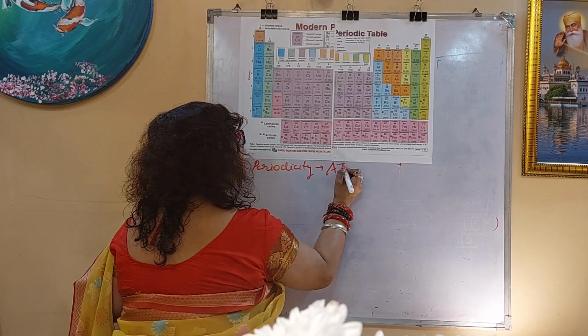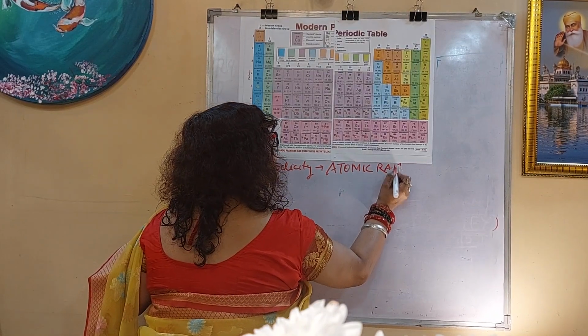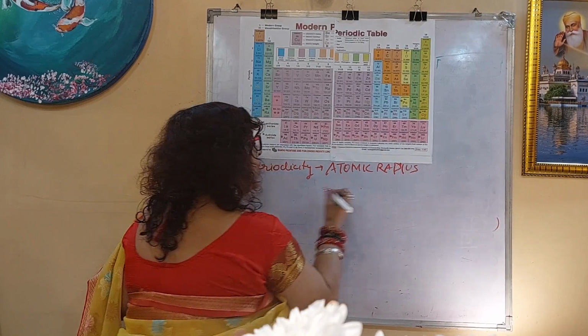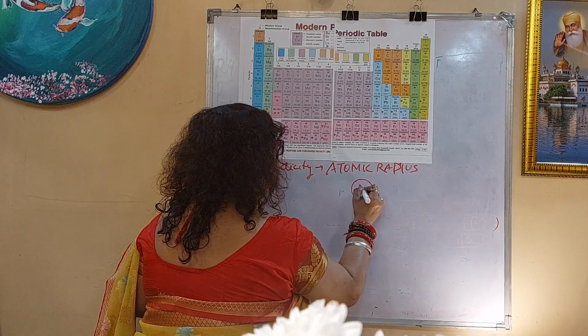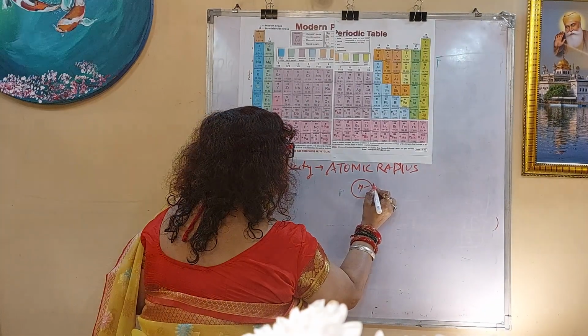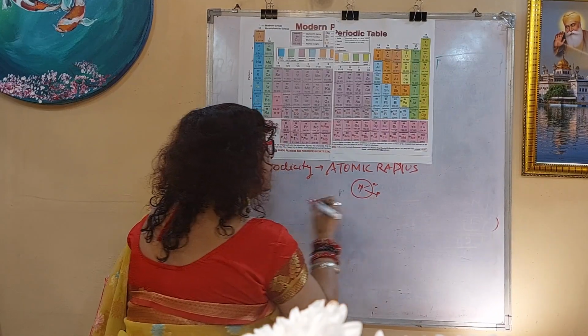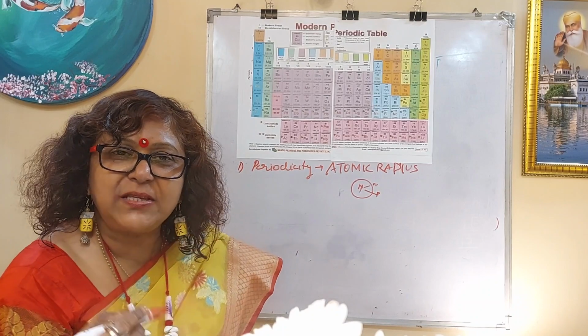First criteria is atomic radius. Now, everybody knows, we have 9th standard knowledge, the nucleus contains the neutrons and the protons, and the total number of protons and the neutrons make the